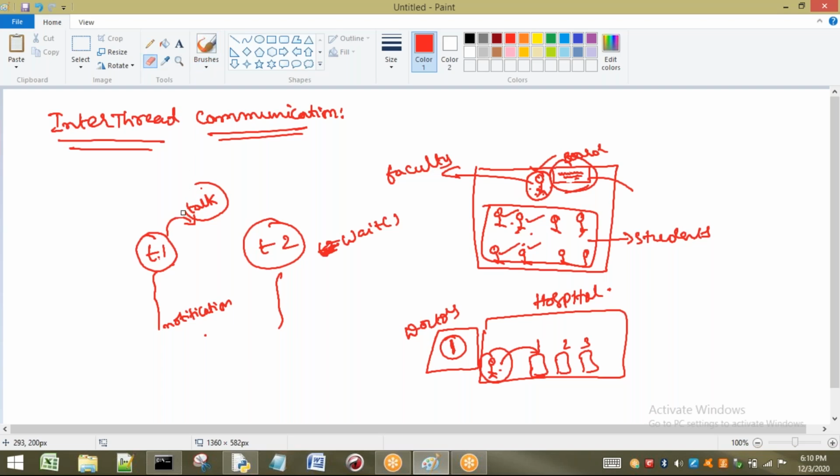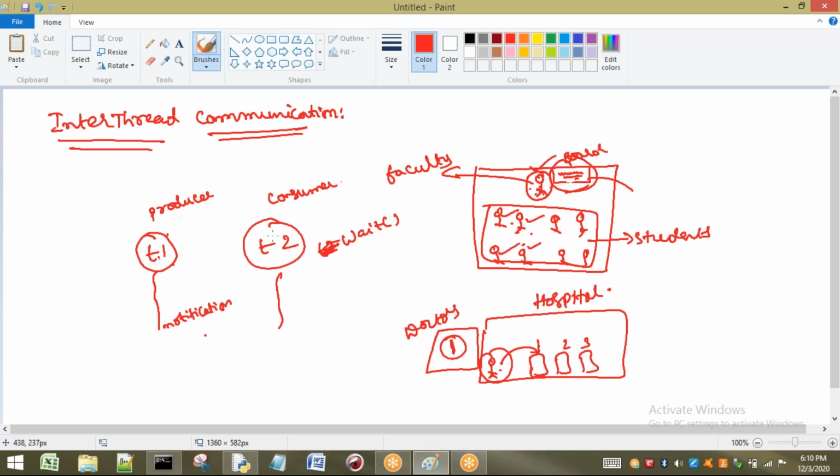Now see, I will take a general example where we are going to see interthread communication, that is nothing but the producer and consumer problem. So here thread 1 is the producer, for example. Thread 2 is the consumer. The task of the producer is to produce the data.